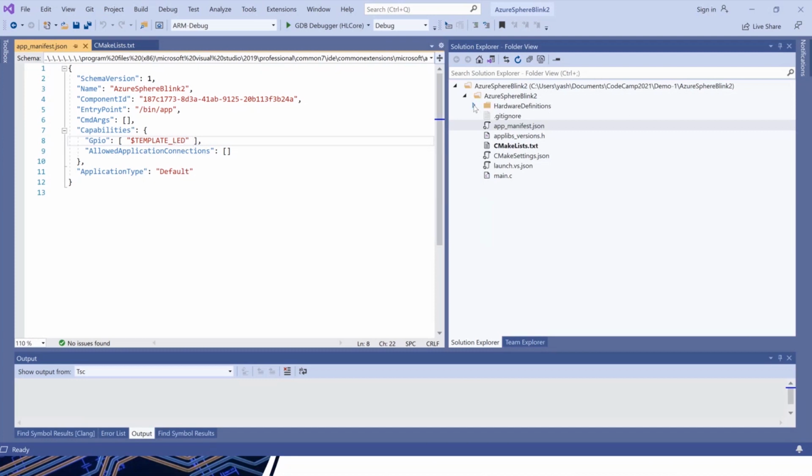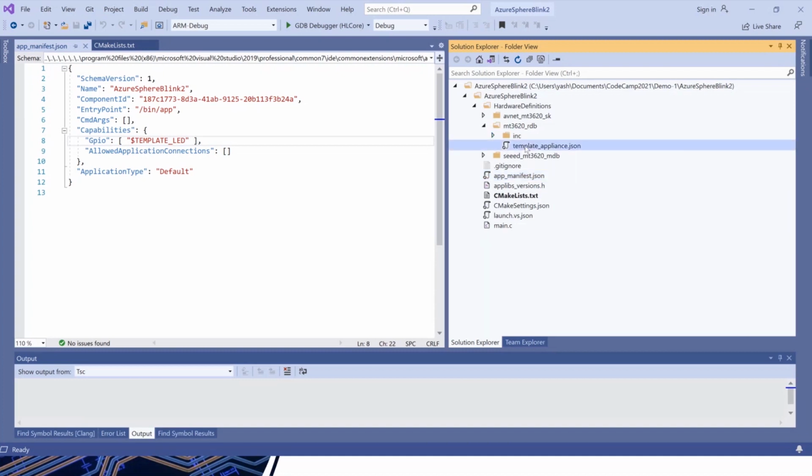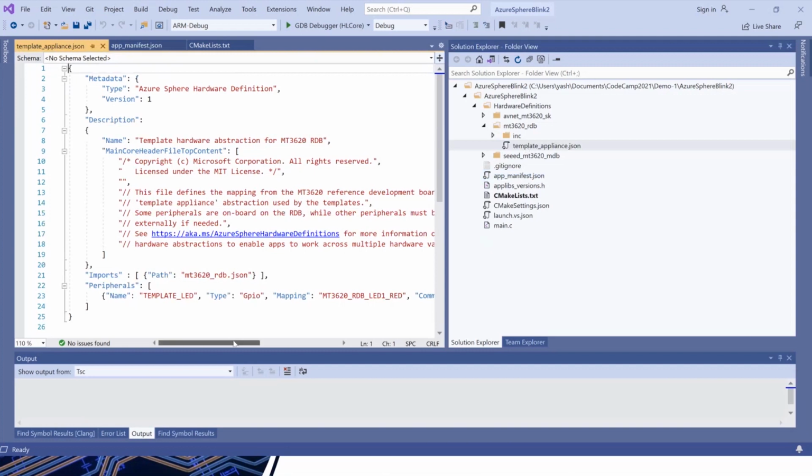That is the alias or define for GPIO, one of the GPIOs. And this is the hardware definition JSON file. This tells the name template LED is matched to type GPIO, and it is mapped to the hardware pin that is referenced as MediaTek processor reference design board